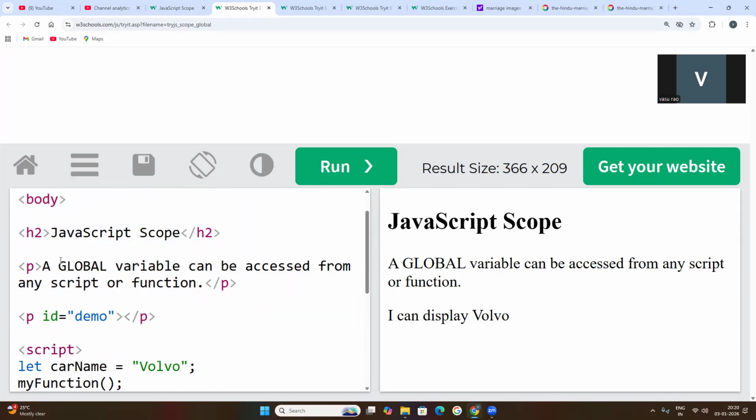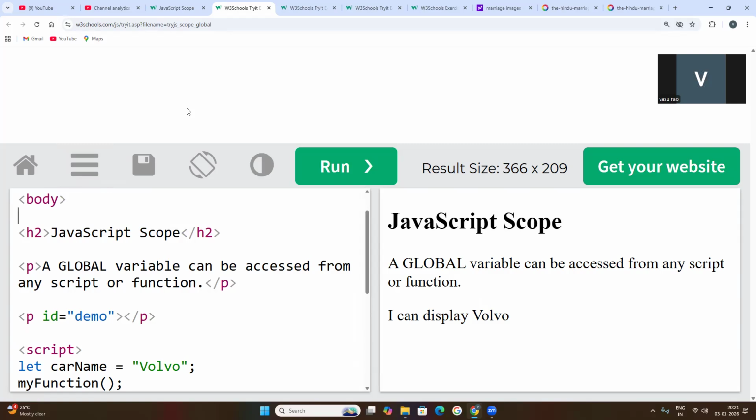Inside the body start tag, whatever content we write, the code will be read by the browser. Many have asked me, sir, whether I need to install or download JavaScript. No need to install or download JavaScript, wherever you are accessing any browser: Google Chrome, Microsoft Edge, Internet Explorer, Mozilla Firefox.